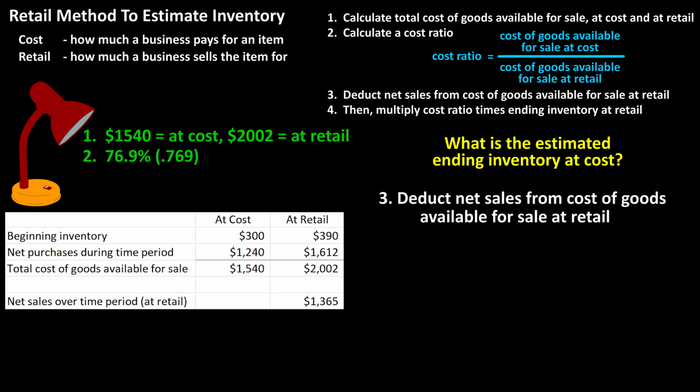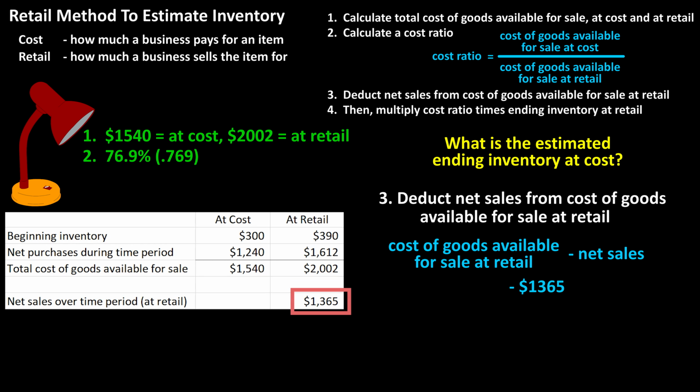Step 3 is to subtract or deduct net sales from the cost of goods available for sale at retail. From the given information, the net sales were $1,365, so we subtract that from $2,002, which equals $637, and this is actually the ending inventory at retail, and